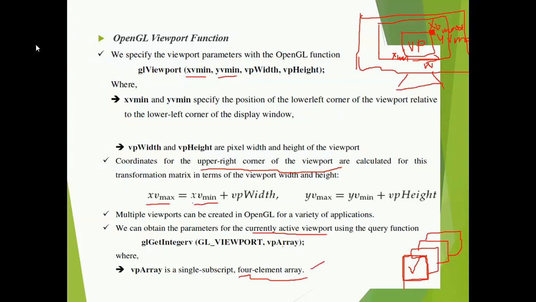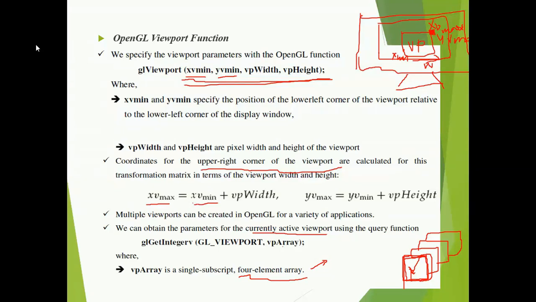The array will consist of 4 different values: xvmin, yvmin, vpWidth and vpHeight. So for the current active viewport you want to display, the 4 parameters you defined initially will be retrieved here.